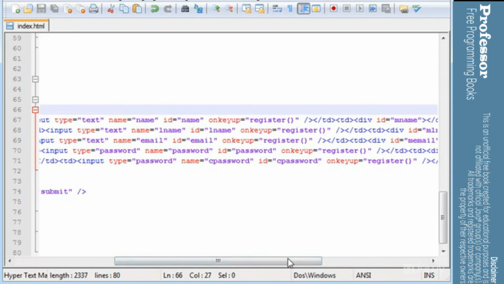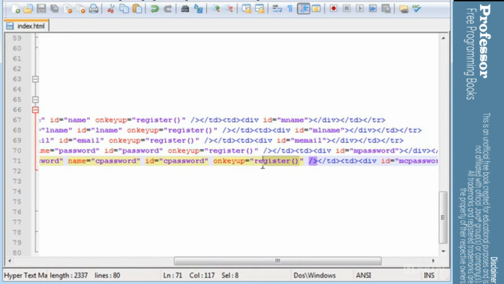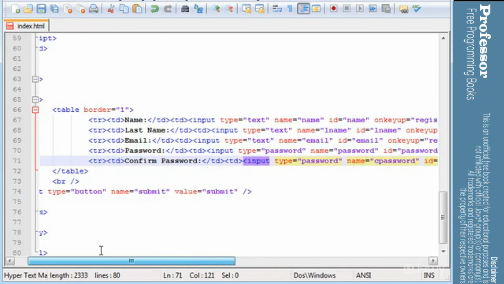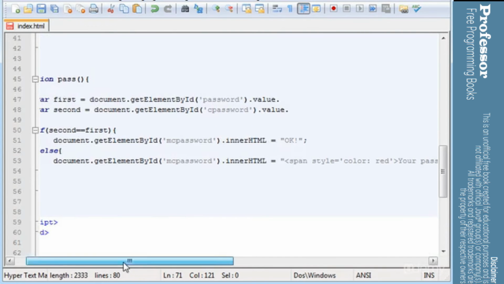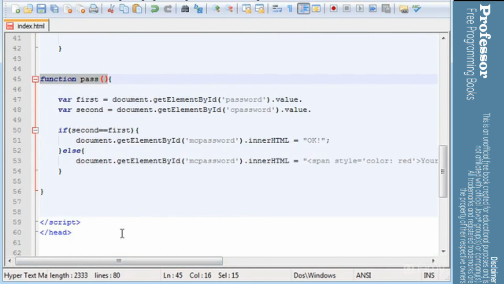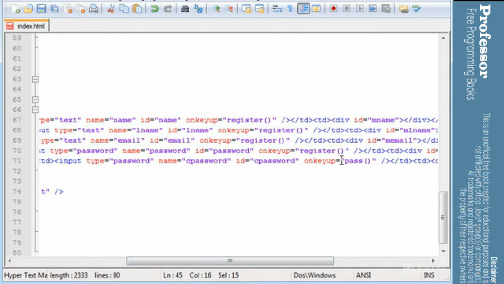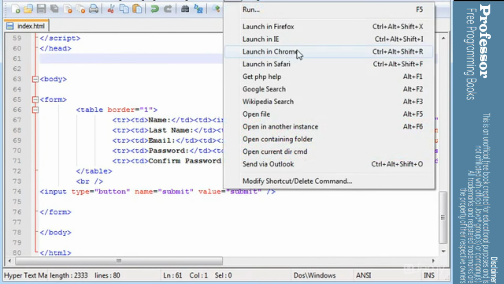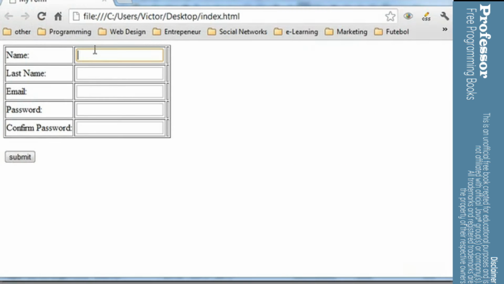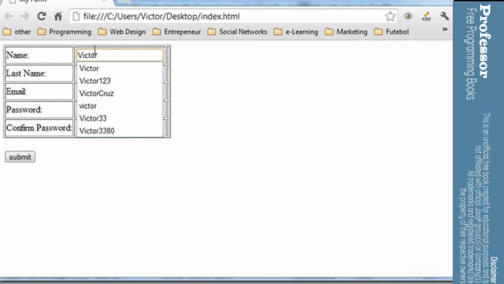But sorry, I forgot to mention one very important thing. In the last one it is pass. Because in the last one we are confirming with the function pass if the confirmed password is equal to the password. So you have to type here, instead of register, pass. Now I think we are done with the code. Let's try now and type here Victor,